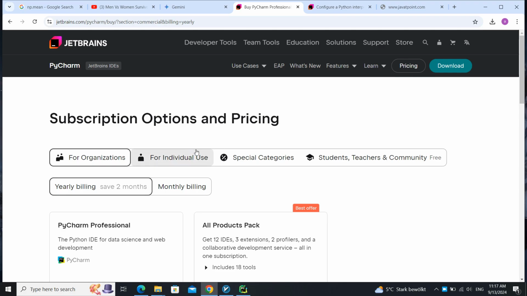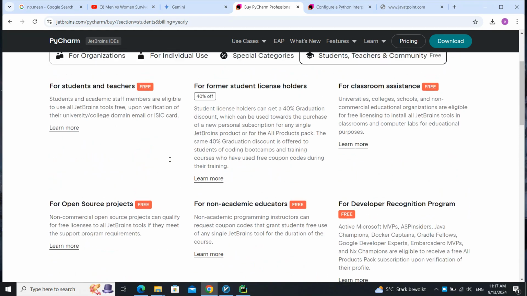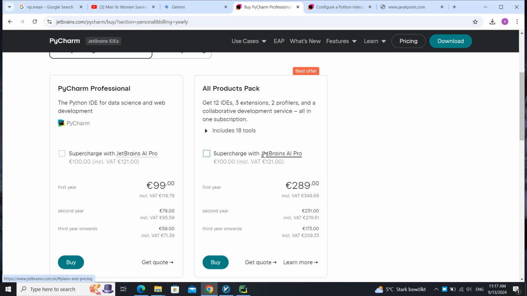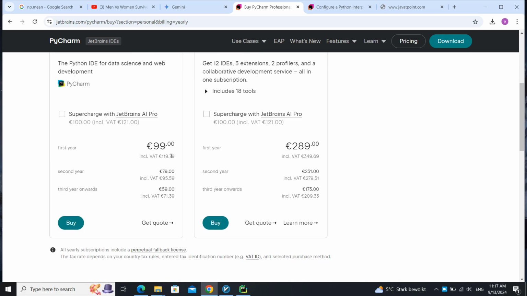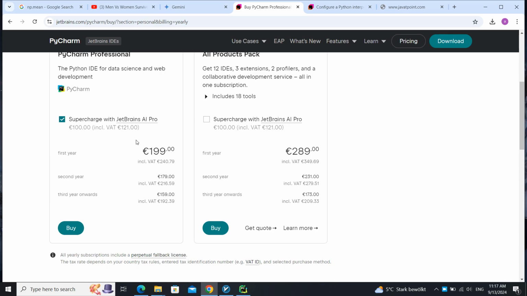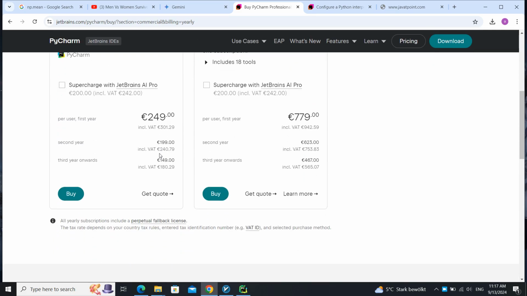But if you want something more advanced, I say you can use PyCharm for individual use. For students it's free, you can use it, but I rarely will. As you can see, the prices are not very good. 99 euro, supercharged with JetBrains AI Pro, it comes to 200 euro per year, and I don't say you should buy it. I bought it one time because I want to show you that it doesn't have anything really different. You can use the free IDE and get the things you want, but it's somewhat better